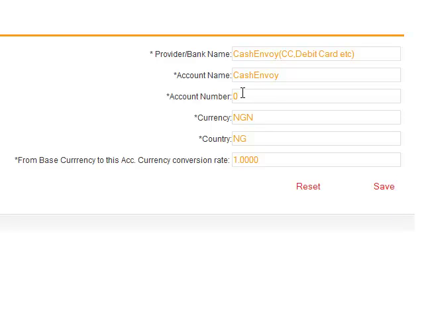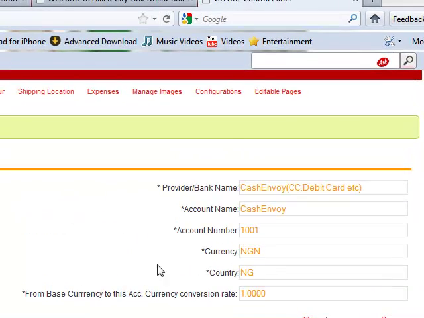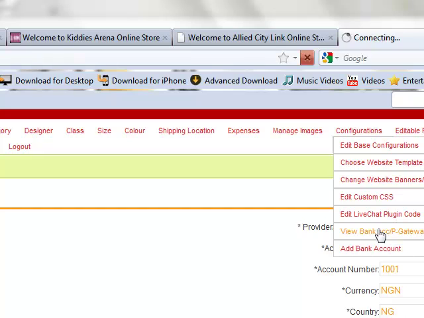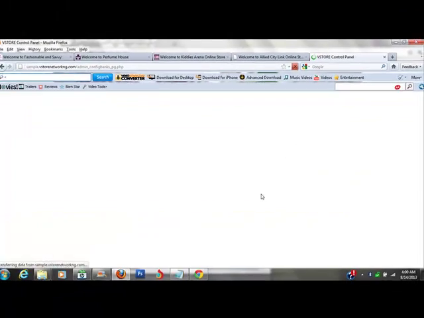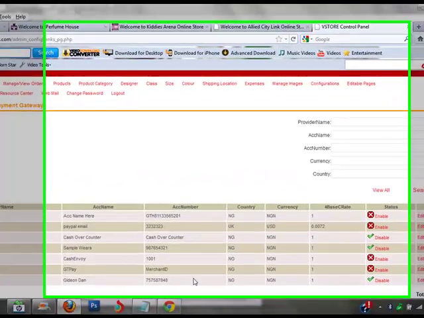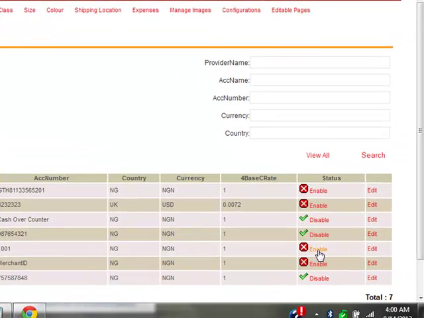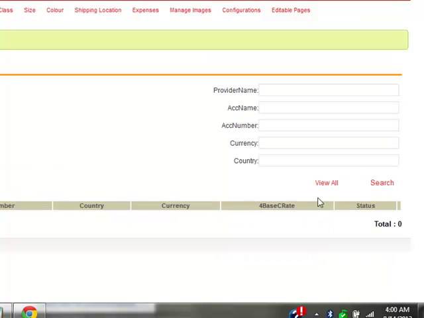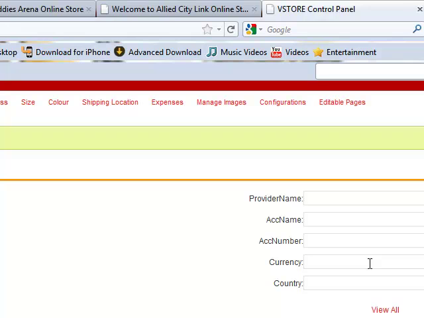Let's assume the merchant ID is 1001. I save this. It's not enough to just click here and save. You would have to view the payment gateway, search, and enable it by clicking the yes button. And even after you've enabled it, it will still not propagate immediately. At this point, you have to send an email to